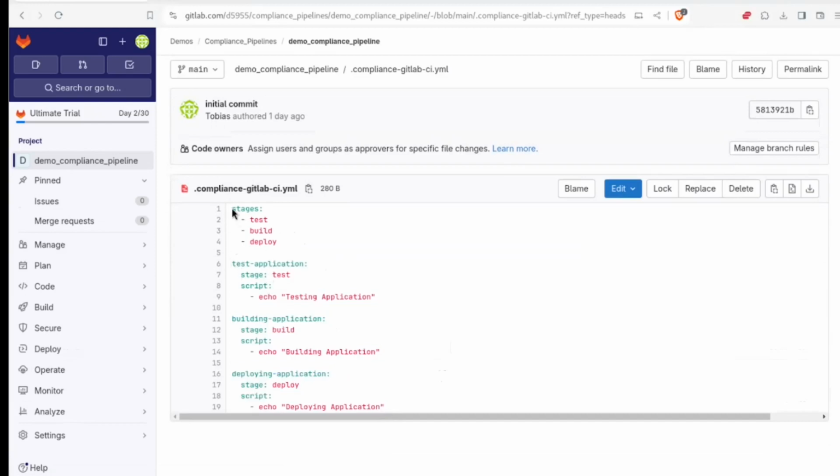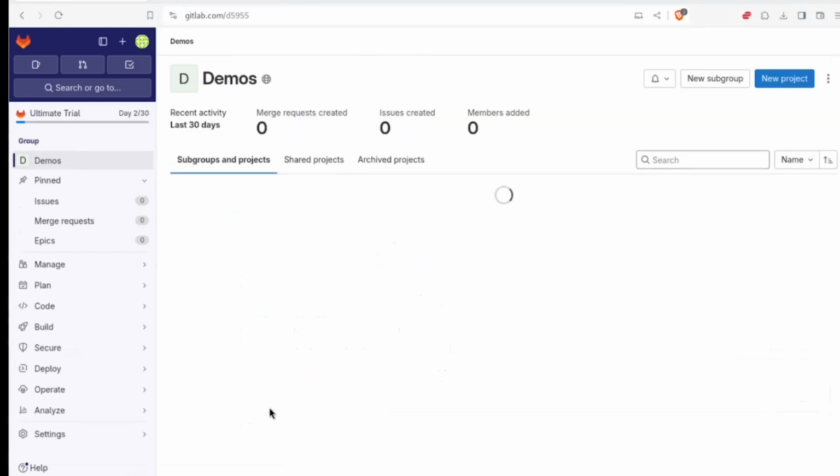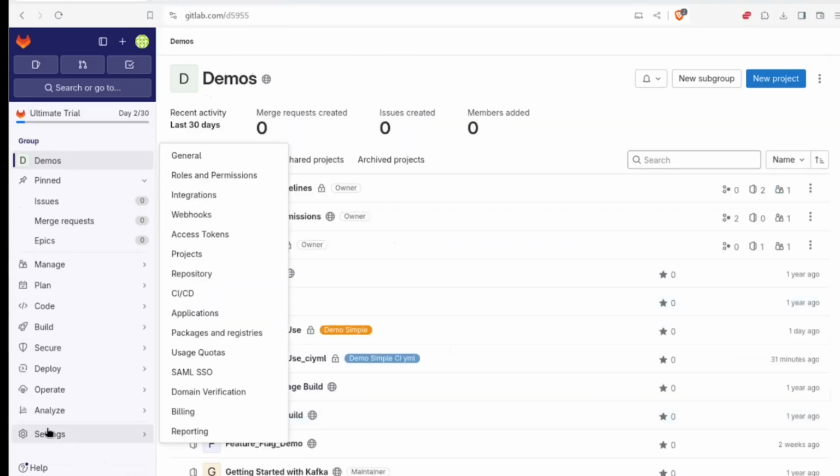So we have a GitLab CI YAML file here, for lack of better terms. In this case, I named it compliance-GitLab CI YAML. You can name it whatever you want. It needs to just be hidden, so you have the dot in front, and it needs to be a YAML file. Once you have created that, you can commit it, and then you would go back to your parent group